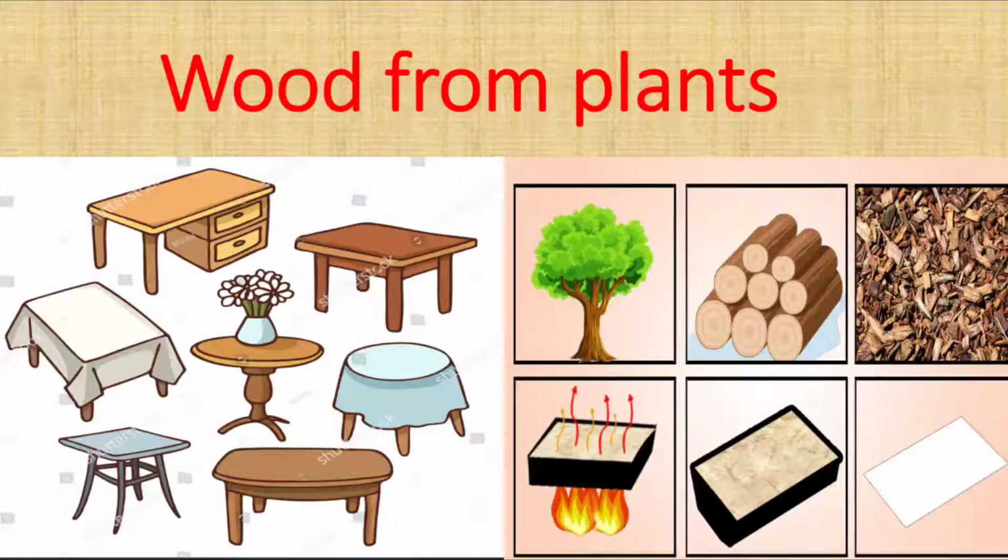Wood from plants. Furniture and paper are made from wood. We get the wood from trees. Furniture made are table, chair, cupboard, beds, etc. Some big trees provide us with wood. Those are teak and sal trees. Look at the different types of furniture made. And the second picture is of paper. See how the paper is made from the wood. So boys, we even get paper from plants. The paper is made from plants.